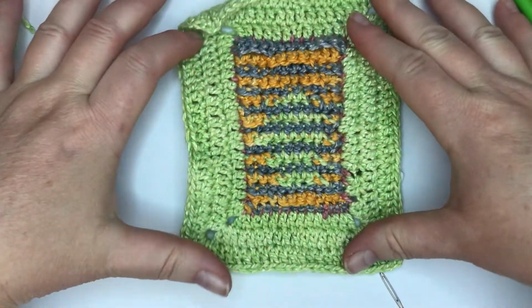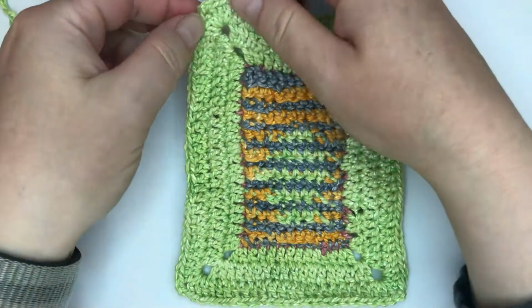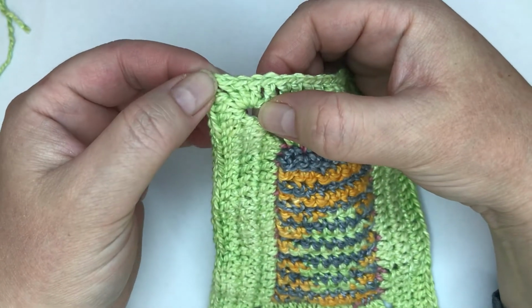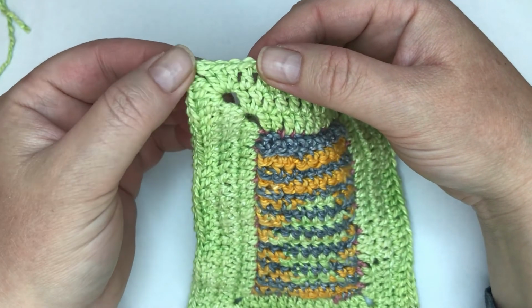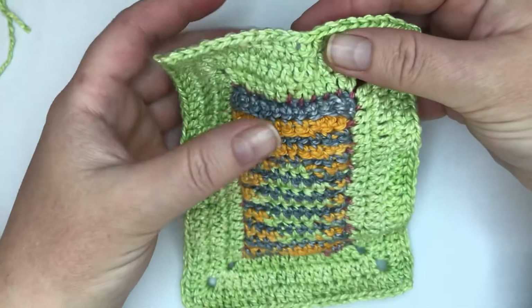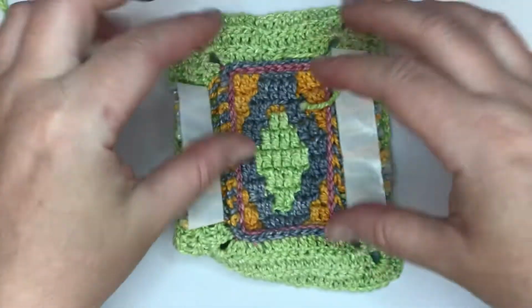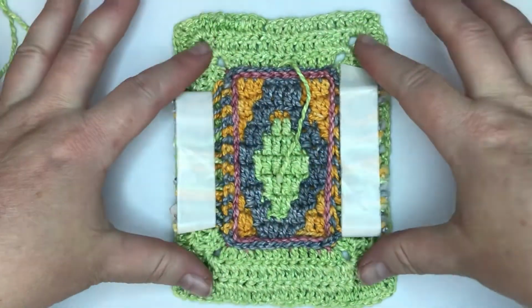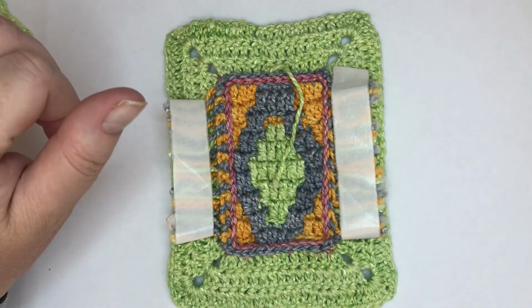Right, so there you have the back side border, and you will see this last 3 double crochets we've placed in this chain space really make such a neat corner. Alright, so now we're going to do 3 rows for the front border as well. I will deal with that piece a bit later. Right, so we're going to start now with the front